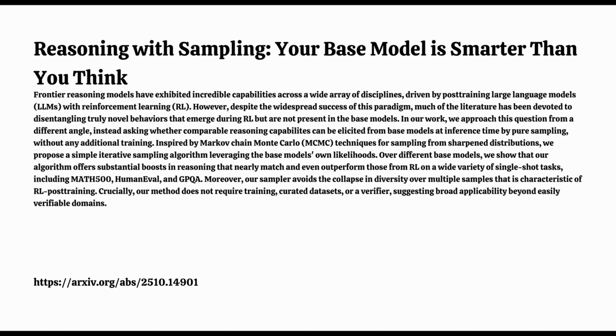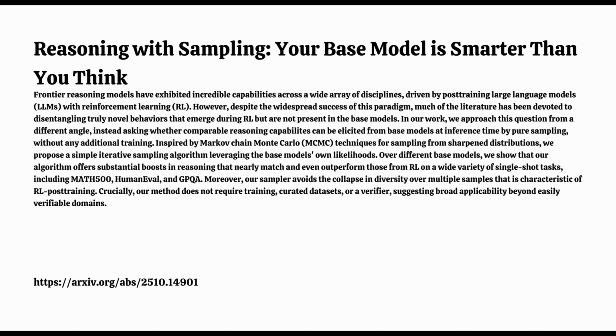Is there a sweet spot for how many steps in the MCMC? Yeah, they looked into that. For reasoning tasks, they found the exponent alpha = 4 seemed best. That's the sharpening level. And importantly, the performance gains tended to level off after about N_MCMC = 10 steps. So you don't need endless iterations. A relatively small fixed number of these resampling steps seems enough to tap into that latent potential.